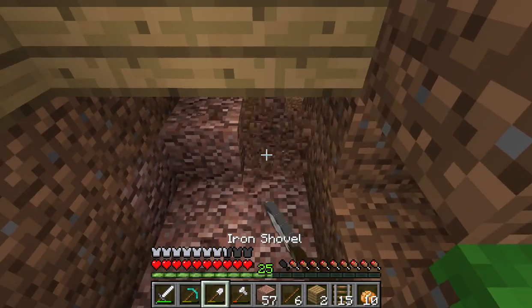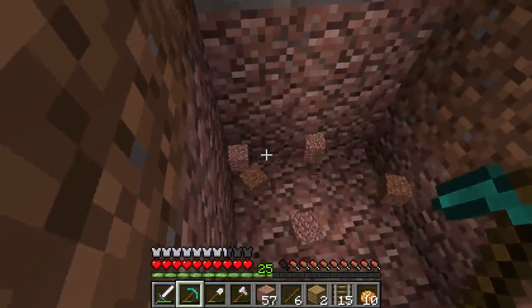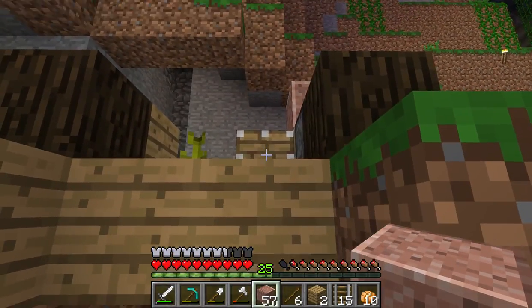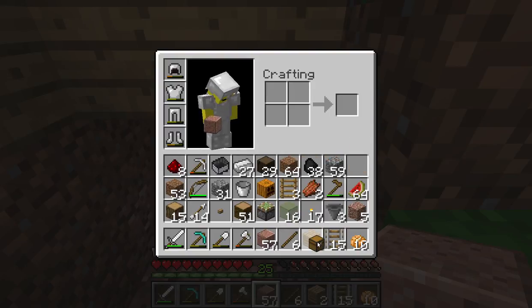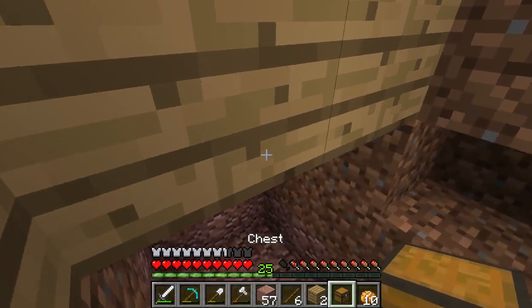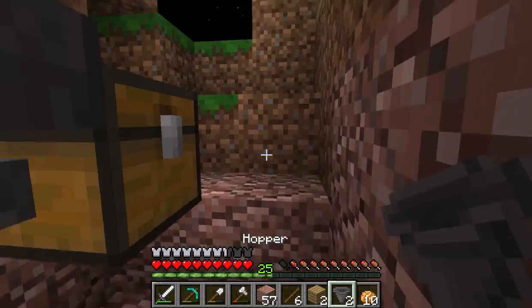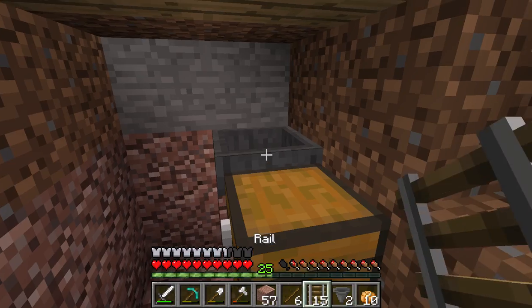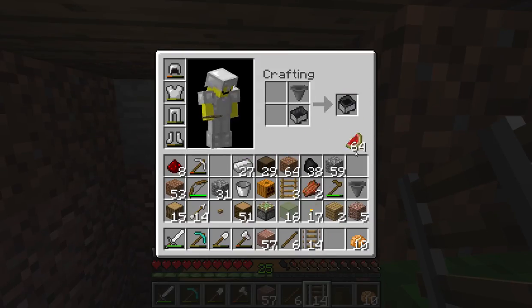So we'll just dig a little bit more. I've dug some out here already. So what we're going to do is, now our pumpkin's going to grow up there and drop up there. So we need to put a chest here like this. Then we'll put a hopper on him going into that chest. Then we'll put a track here, and on the track we will make a little hopper minecart